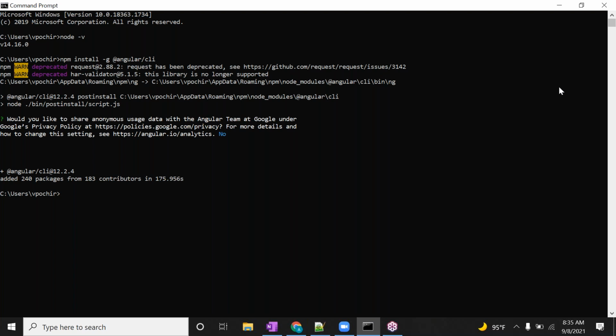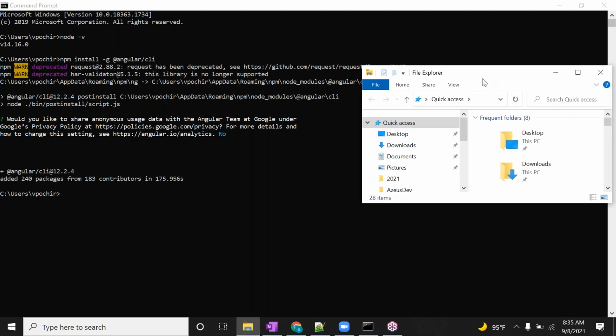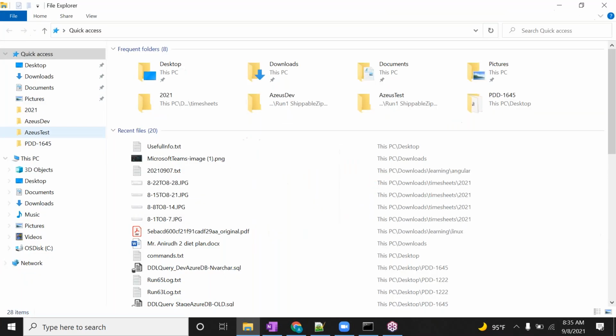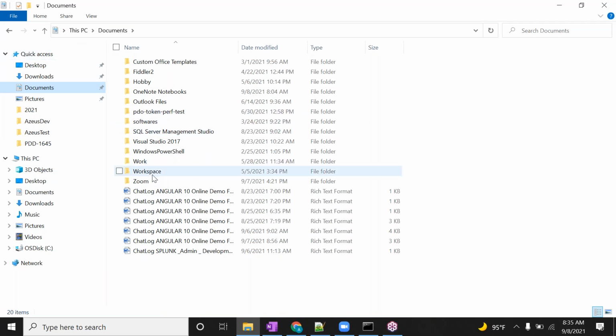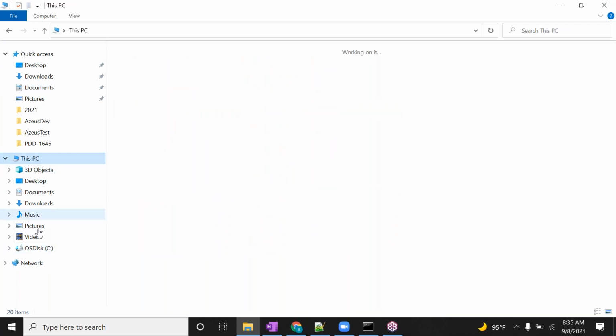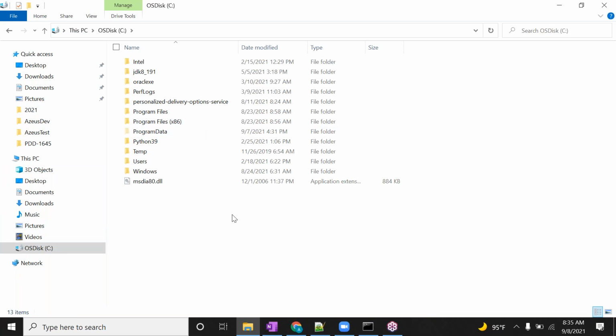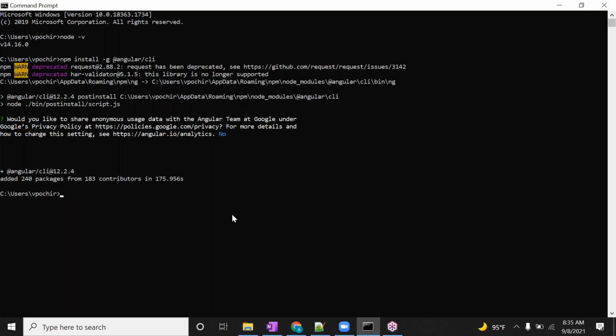So then, what is the next thing we need to do? Open your computer, my computer. How many drives are available? You have only the C drive. Go to this PC. Okay, install in the C drive only. Now go to the command prompt. You are already in the C drive, right? Now write there ng space